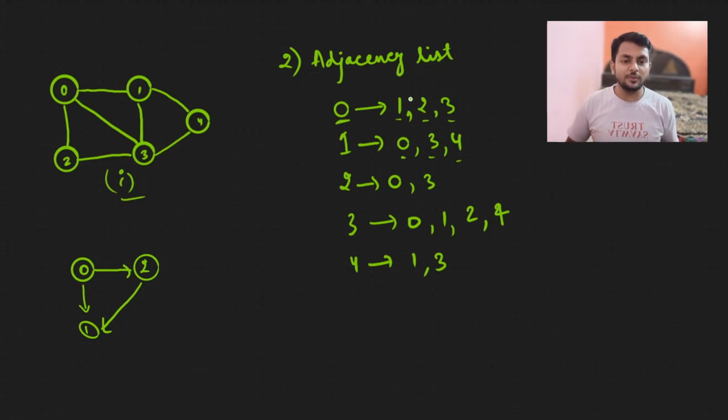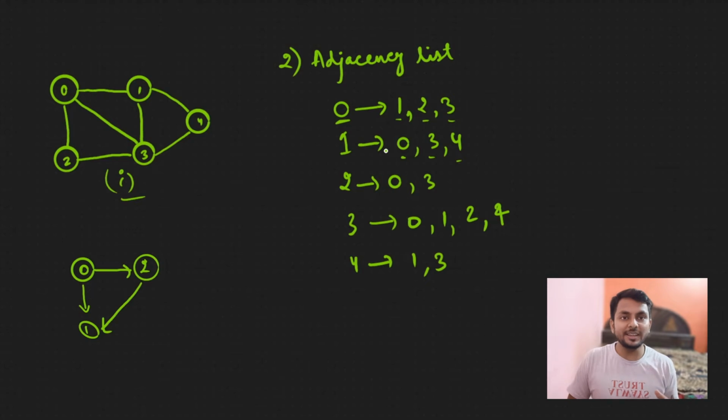So why do we use an adjacency list? If you notice, in the adjacency matrix there are lots of zeros which occupy more space. If our graph is a sparse graph, which I have already explained in my earlier video, meaning there are very few edges compared to the number of vertices, then there will be lots of zeros in the matrix. In that case, our adjacency matrix will not be space optimized. For space optimization, we will use an adjacency list and only store the nodes which have edges.